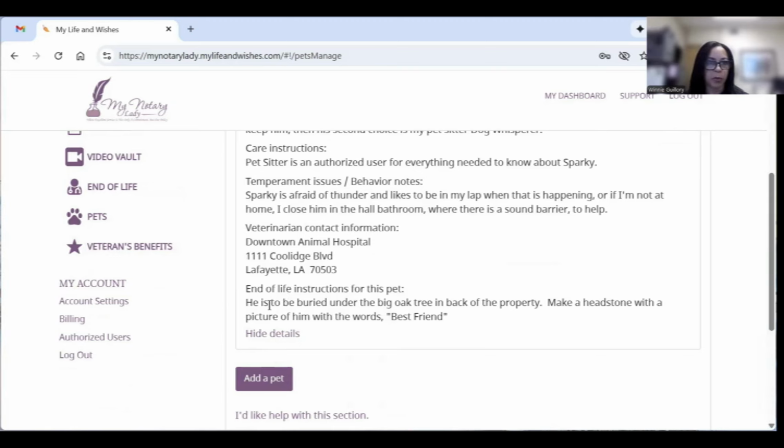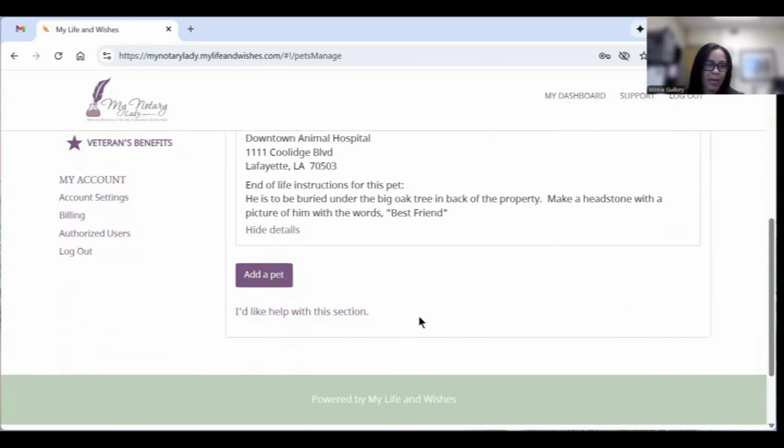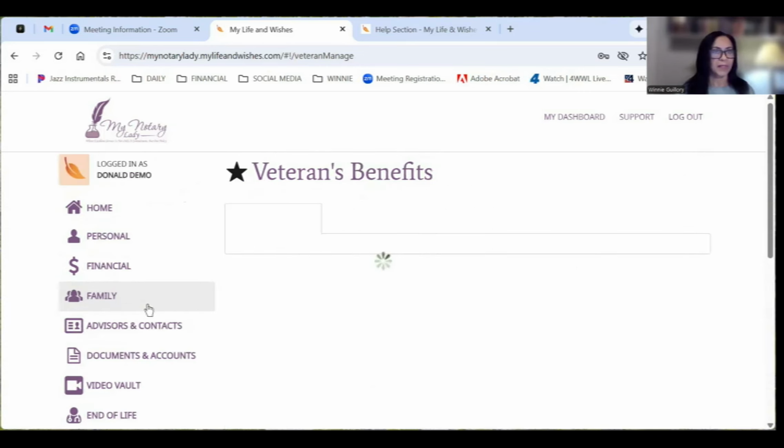They want Sparky to be buried under the big oak tree in the back of the property and make a headstone with a picture of him with the words best friend. So isn't that sweet? And of course, if your pet has allergies or any type of special request, that can go here. And we're going to see in a minute how the authorized users can access all of this important information. And then there's a veteran section